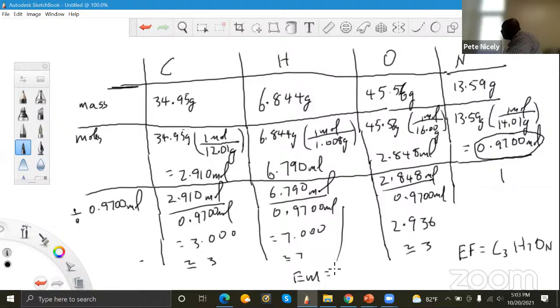So the formula is C3H7. Oh, my bad. This should be 3 right here beside the oxygen because of this 3 right here. So C3H7O3N. Okay, so according to the molar mass calculator I'm using, the empirical mass is